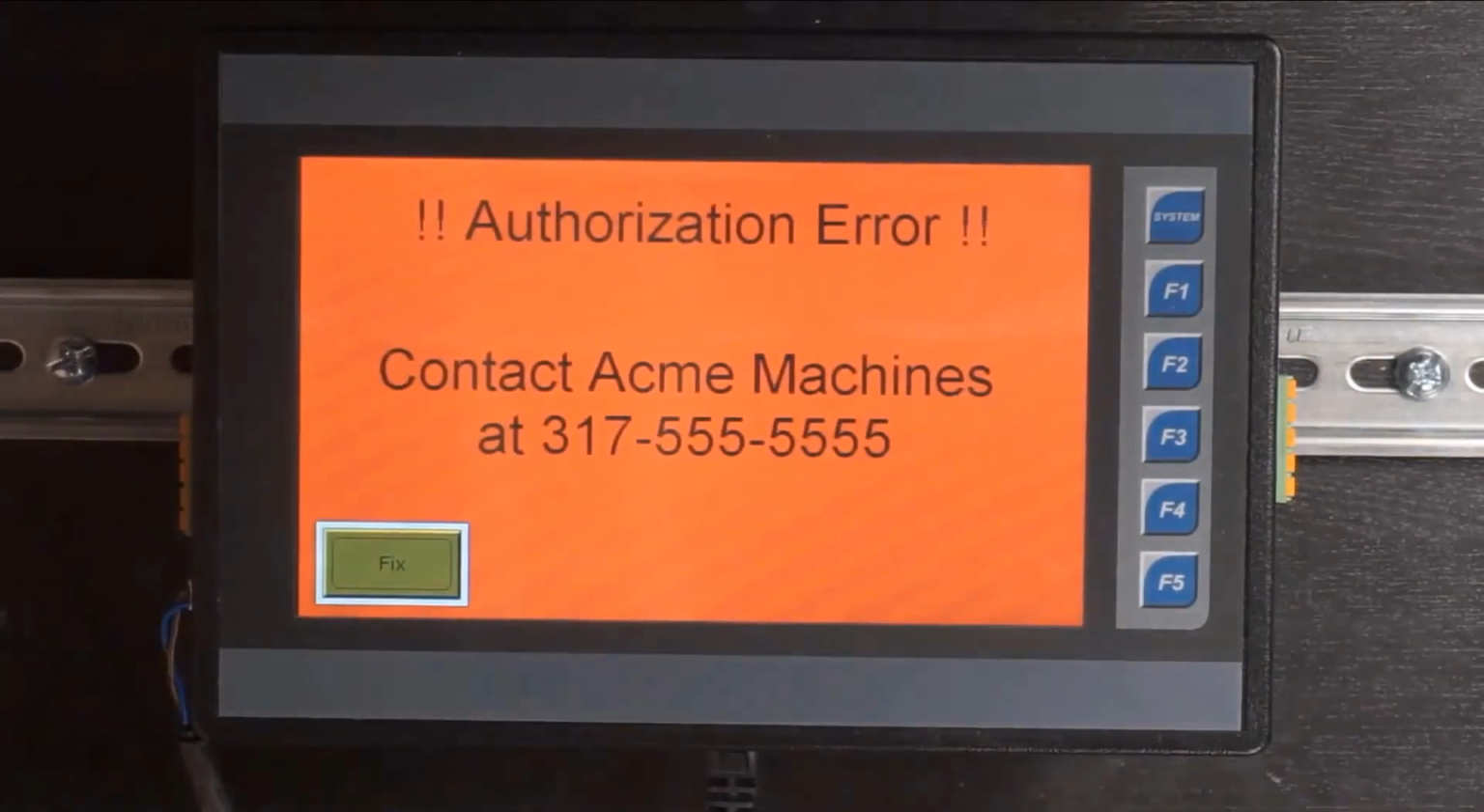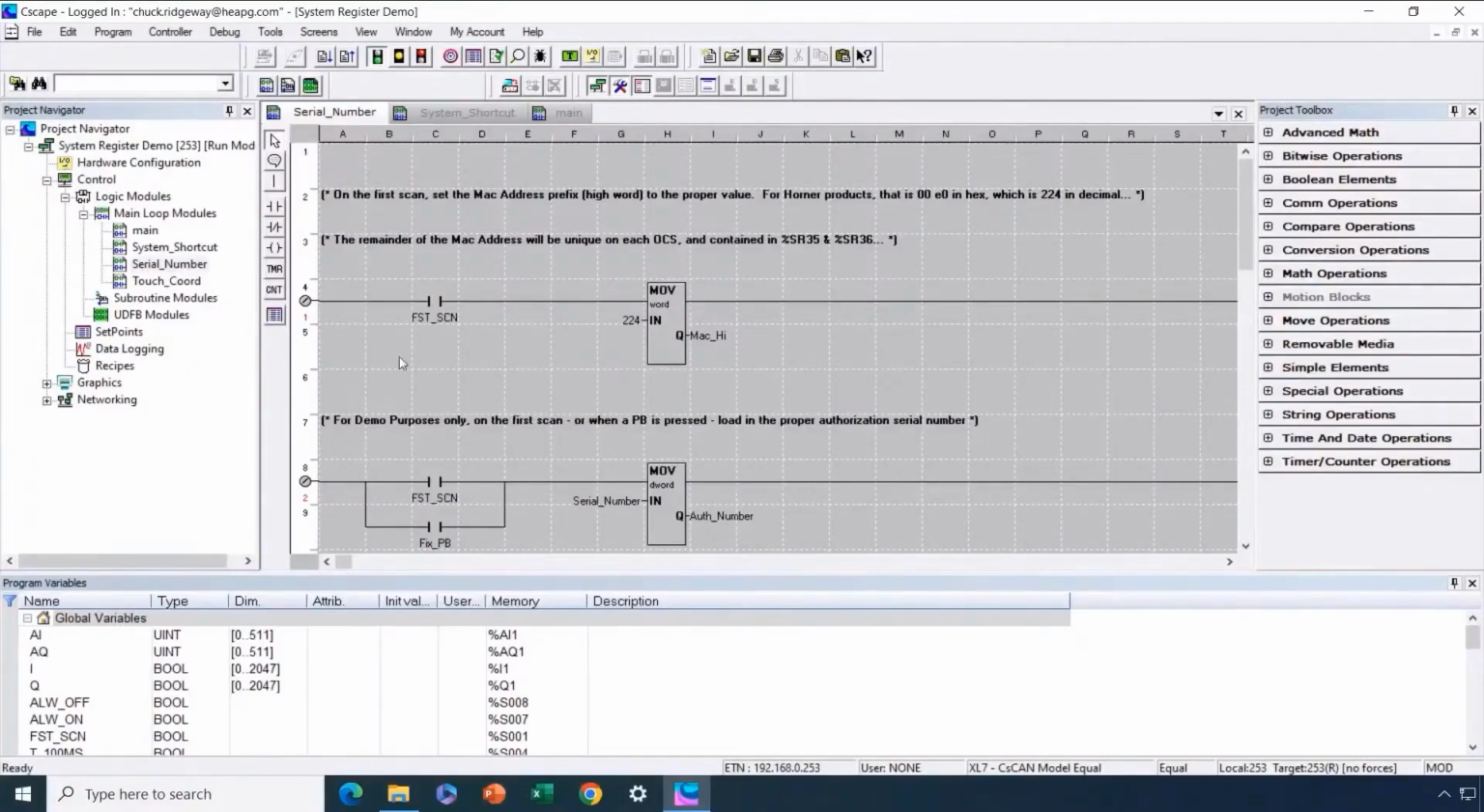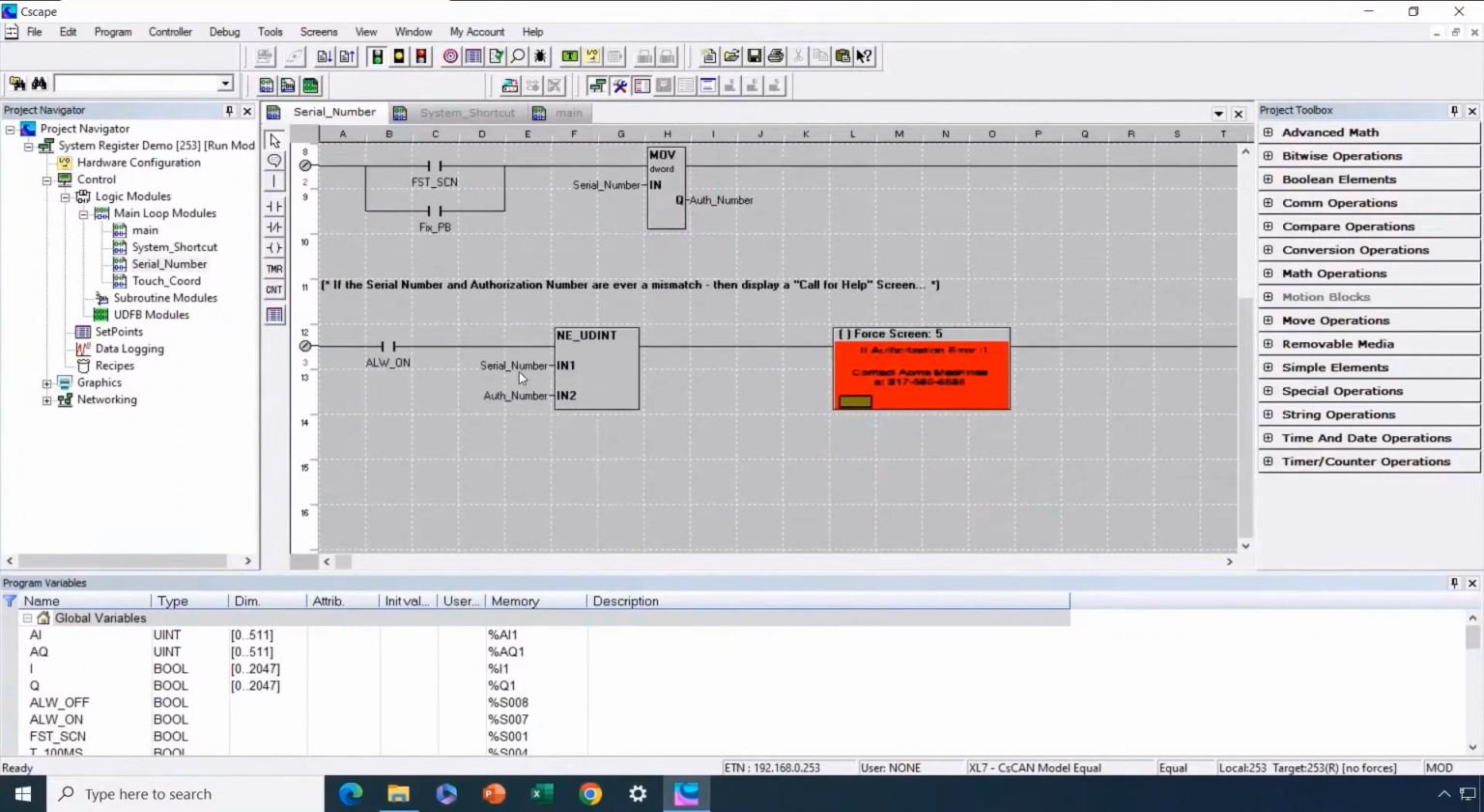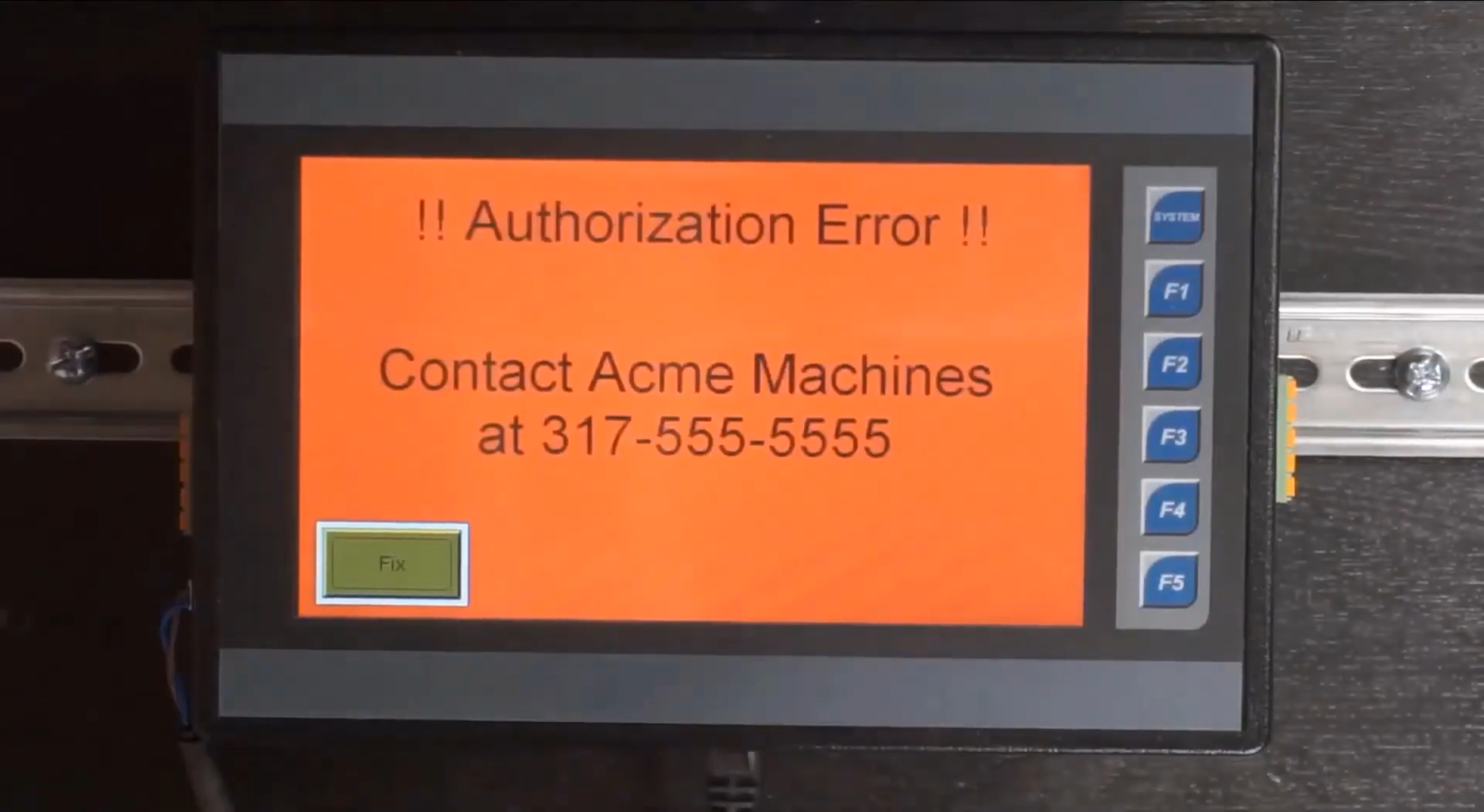Now we'll look at the logic in Cscape to understand how this works. If the serial number does not match the authorization number, we force the authorization error screen to appear. In a real application, the logic would be more sophisticated and we would use OEM features to hide the details of the algorithm. To exit the demonstration mode and return to normal operation, we've included a fixed button on the